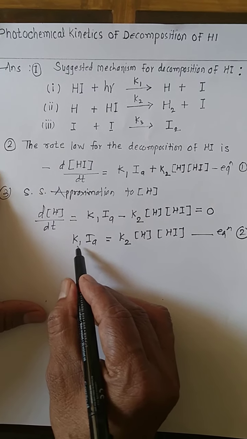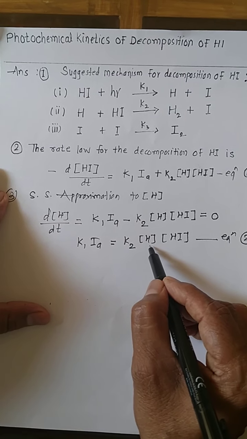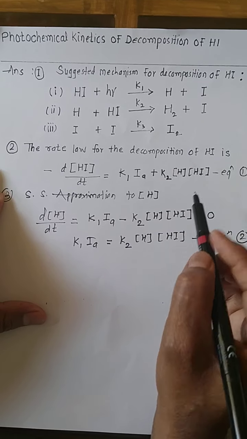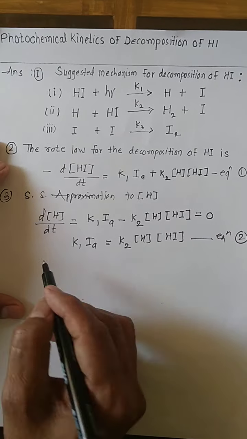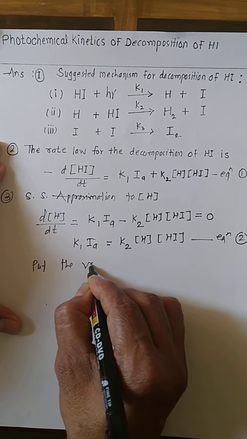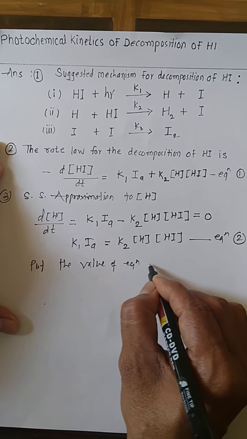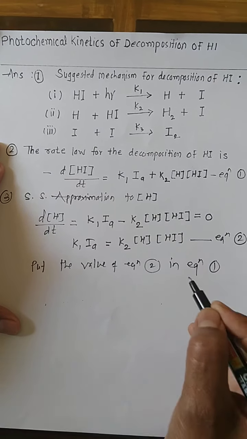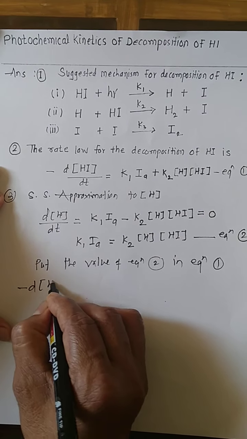Now this is the value of K1 IA, and we put this value, K2 [H][HI], in equation 1. Put the value of equation 2 in equation 1, we get the decomposition of HI,